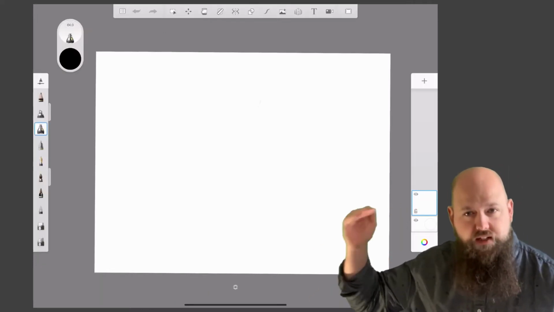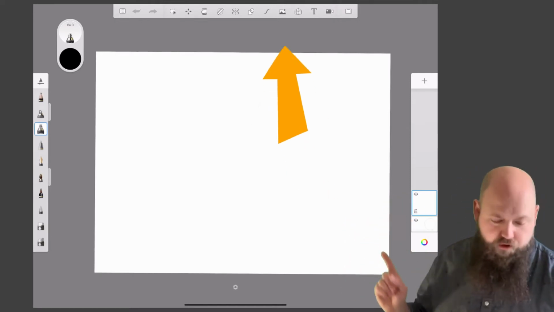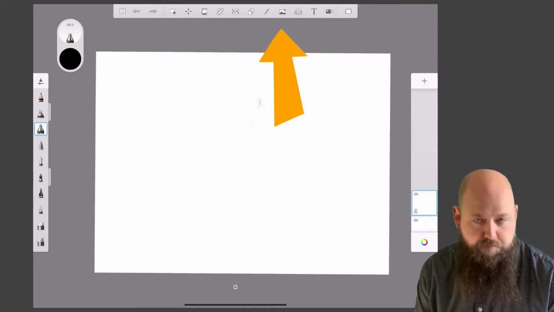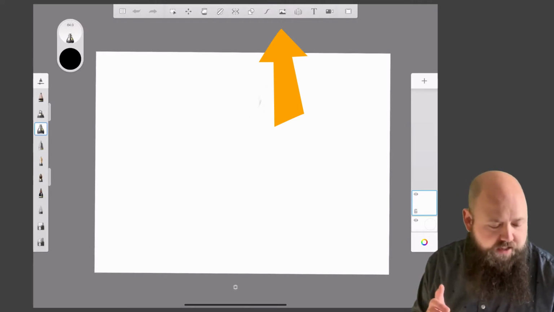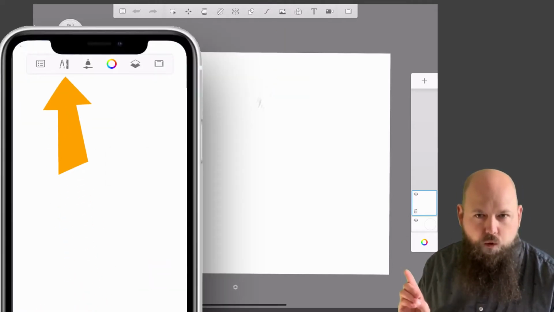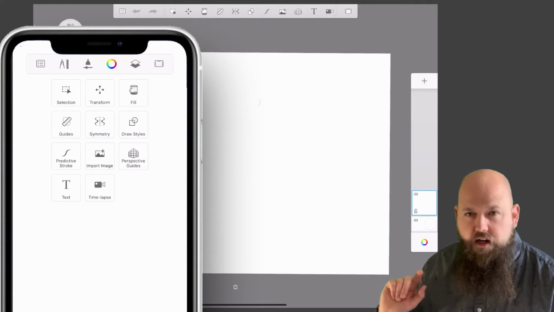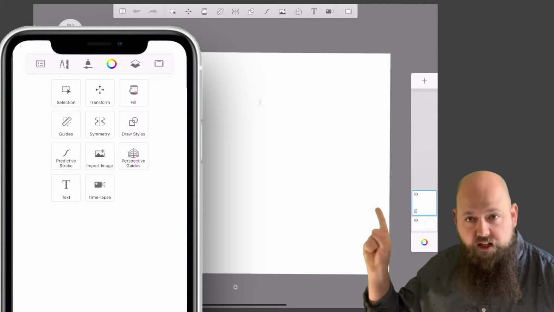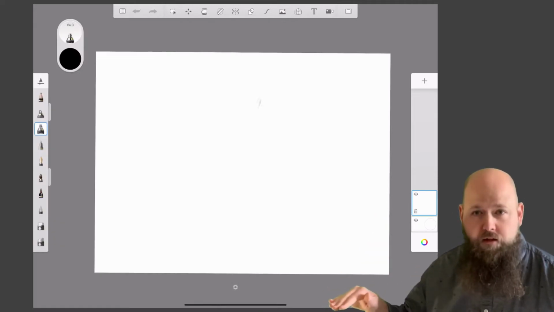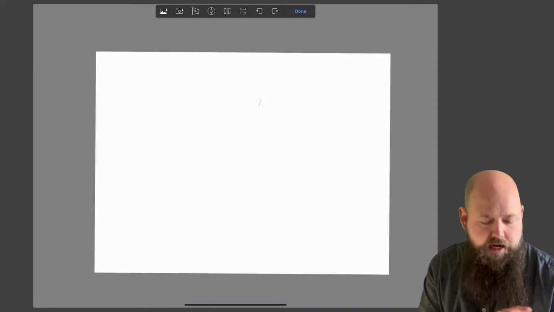Then we're going to put a layer on top of the photograph and draw on that, okay? So if you look up at the top of your screen, you will either see this button right here with the rectangle. It's got a little mountain and a plus sign, or you might see something that's called Tools, depending on what you're using. So if you click on that button or the one that says Tools, that should open up, and then you'll see this button inside the Tools menu. So what I'm going to do is I'm going to click on the photo button, then I'm going to hit the Cancel button, and then that's going to pull back up this menu, and I'm going to show you what to do next. So first hit the photo button, then hit Cancel, and now you should see this little menu